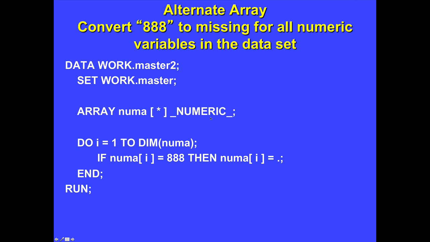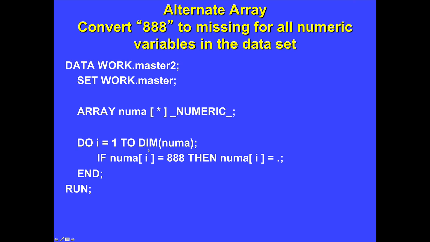So if you have 1,000 numeric variables in your data set, by specifying _numeric_, there will be 1,000 elements in this array. And then down below, I'm again trying to process all those variables and make sure that all 888s are converted to missing. And we can do that by saying do I equal 1 to, and instead of specifying the top index number or the number of elements in the array, since we don't know them and we don't want to hand count 1,000 different variables to be sure we get the exact number right,